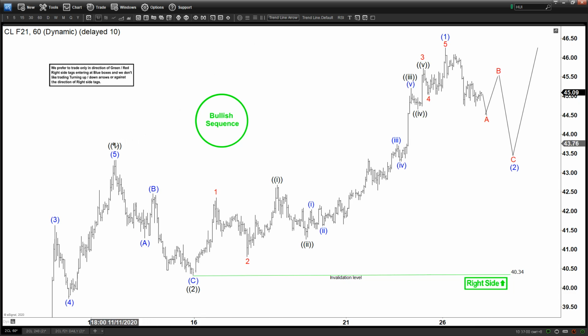We have this 1 and 2 here in the intermediate degree, and then sorry, this one is the primary degree, and then we continue higher within the wave 3 in the primary degree, and wave 3 should be subdivided into 5 waves, and we can see right here we ended with 1 of 3 right here, and now